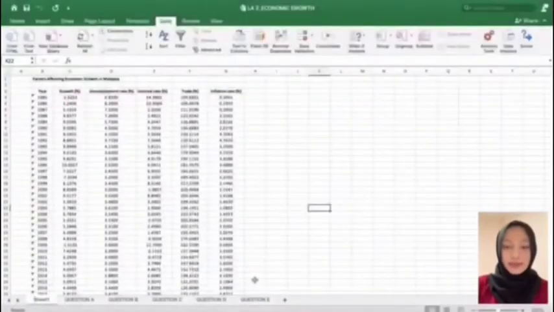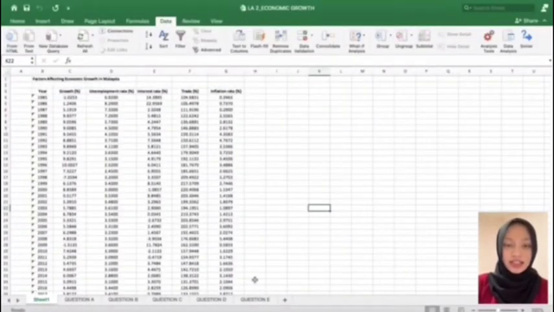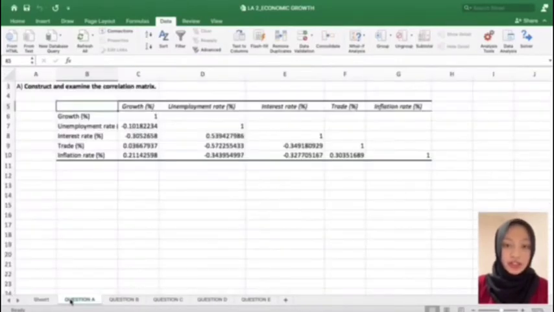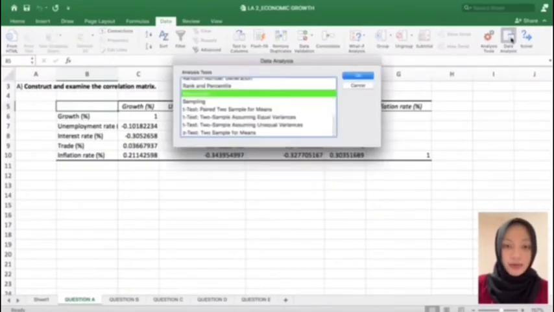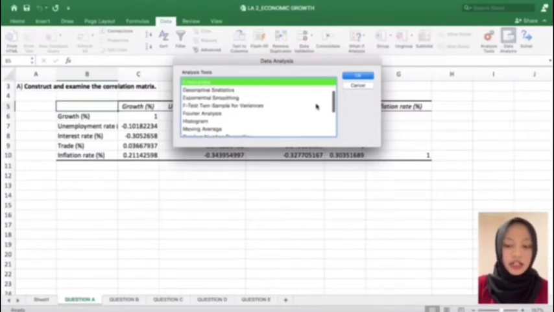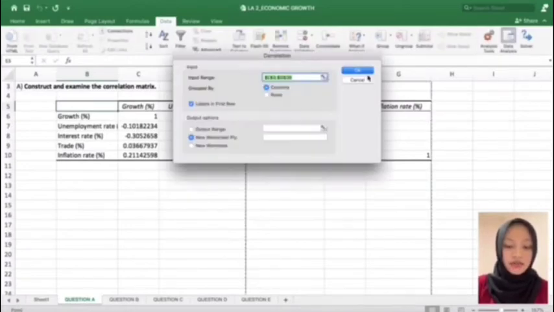So I will explain chapter 6. This is the data, factors affecting economic growth in Malaysia. For question A, construct and examine the correlation matrix. To construct the correlation matrix, click Data Analysis, find Correlation,